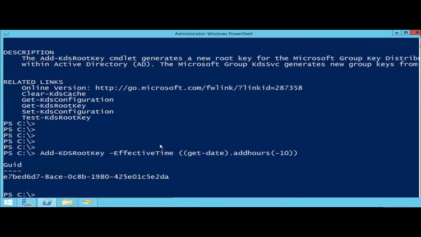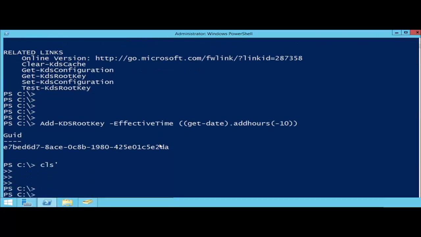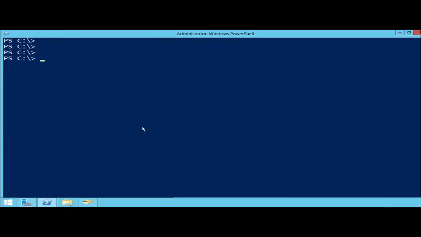That's the root key that we're creating effectively, the GUID associated with that root key. With our root key now created, we can now go about creating the commands that we need. To create that new group managed service account that will associate with the service here, we'll begin with the command